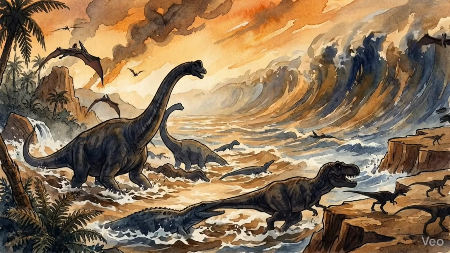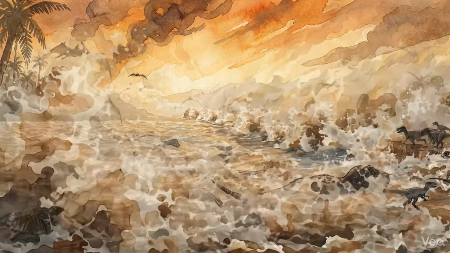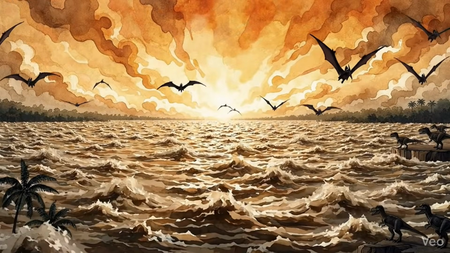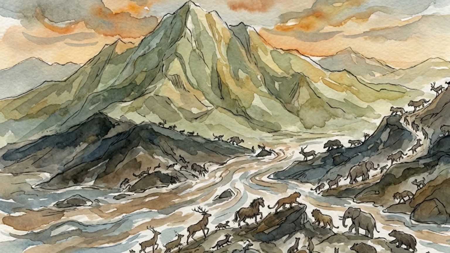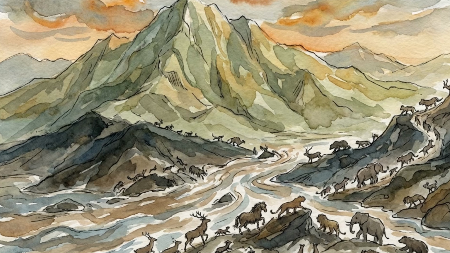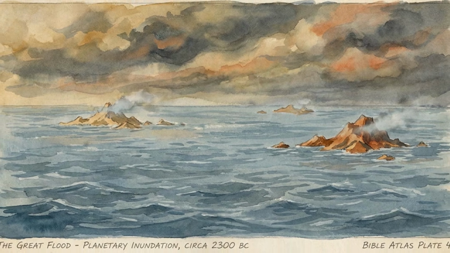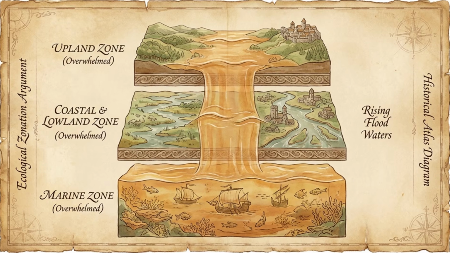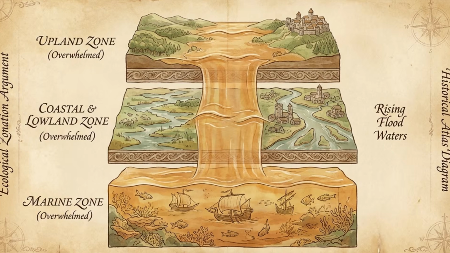Moving upward, coastal and lowland creatures appear, reptiles, dinosaurs, and lowland forests buried as the tsunamis pushed inland. Higher still, the mobile upland mammals, creatures that fled to higher ground and were buried last when even the mountains were submerged. This is not the order you would expect from a random burial. It is precisely the order you would expect from a single rising catastrophic flood, overwhelming ecological zones from the bottom